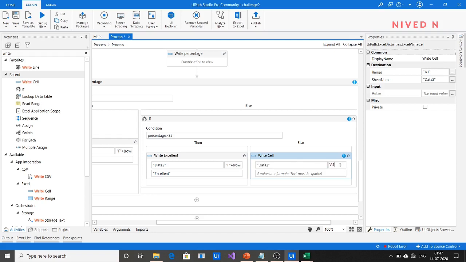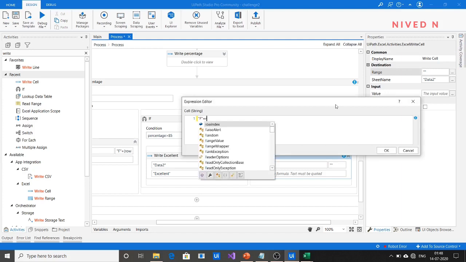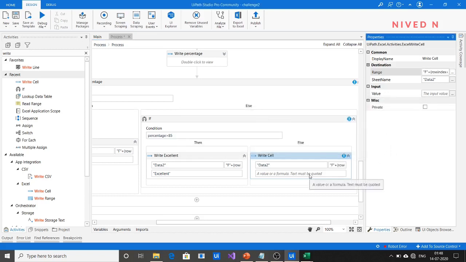So just specify the column name. F plus row index plus 2, to string, and you have to specify the name. Let's say good. Feedback should be good.